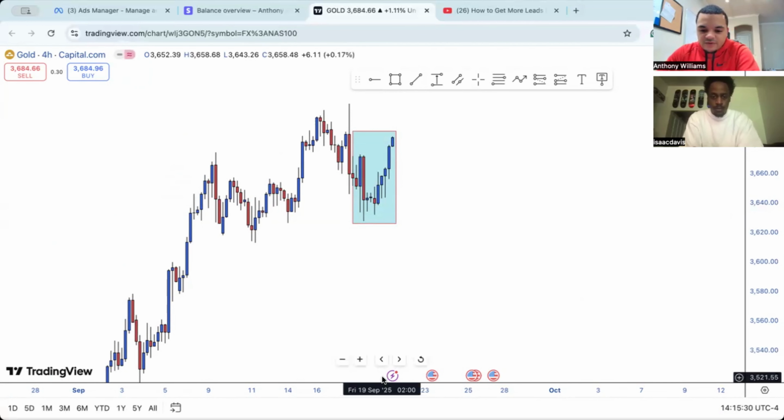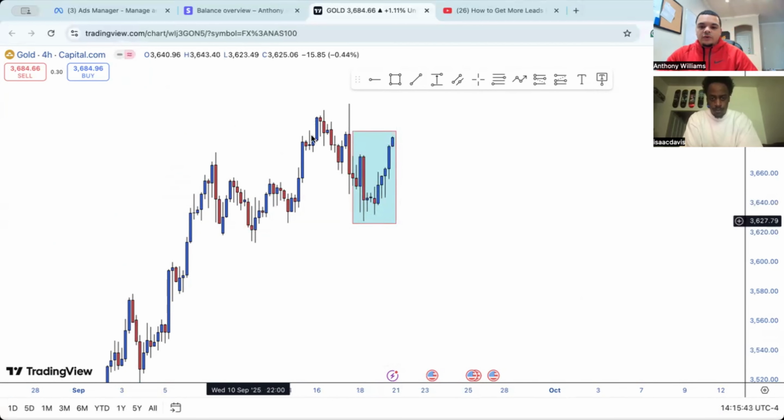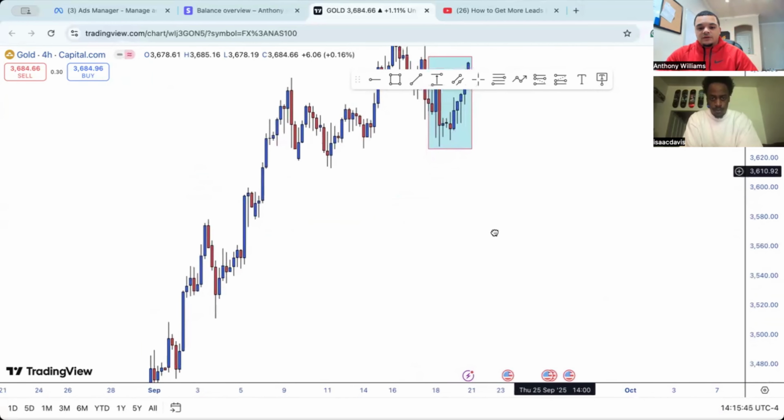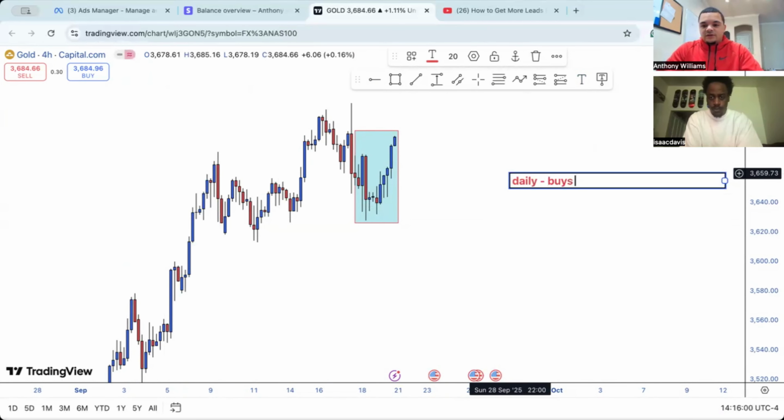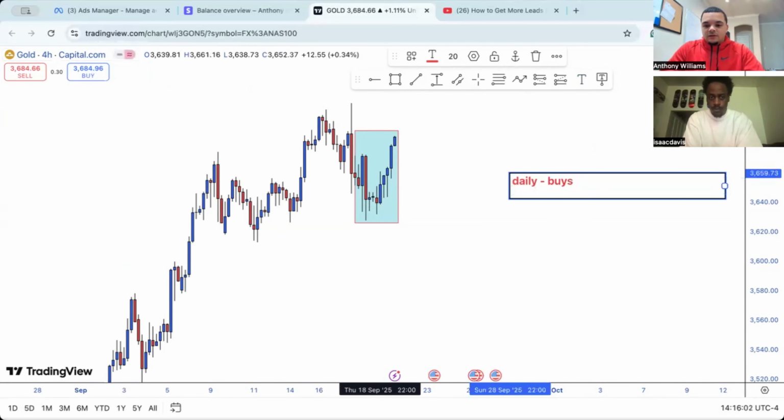And you can tell the times down here where it says September 25th, and then it's in military time. So it shows you in 4 hour intervals what it is. So we saw on the daily that we're going in an uptrend. Obviously you can see that the trend is moving up with price, up and up and up. So basically I will put daily buys because we were on the daily. Now I go 4 hour dash buys.